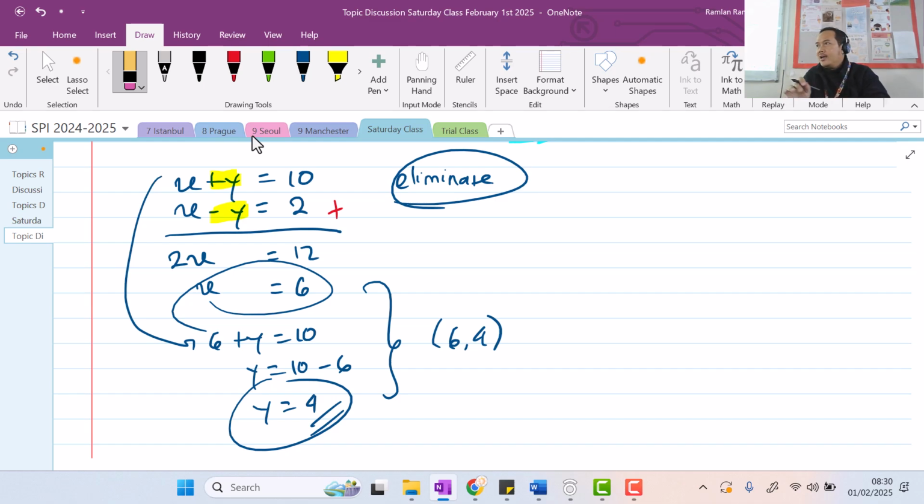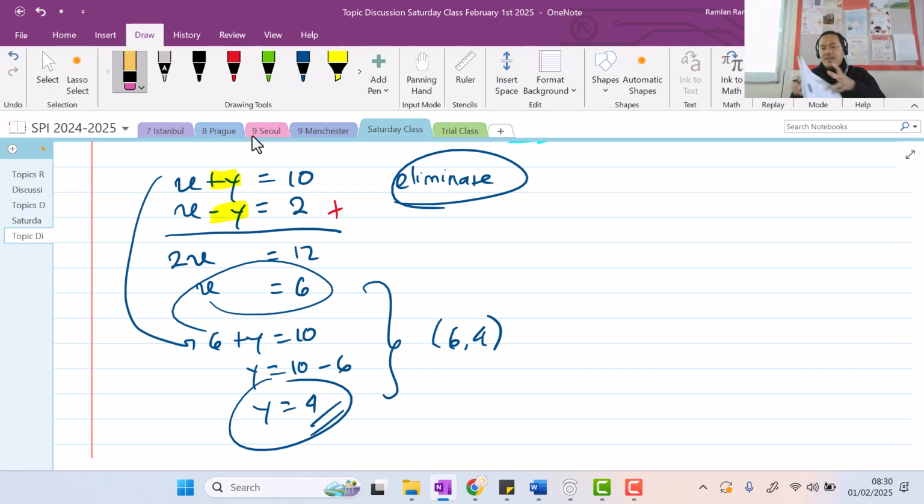Saya rasa for the simultaneous linear equation gak usah banyak-banyak ya, karena I think you udah cukup jago lah. Ya kayak gini-gini aja gitu ya. Paling nanti ada soal cerita, misalnya kemarin tuh kayak inequalities, misalnya jumlah koinnya ada 15 gitu ya. Tapi nggak sampai inequalities ya guys ya. Paling sampai situ doang. Okay.